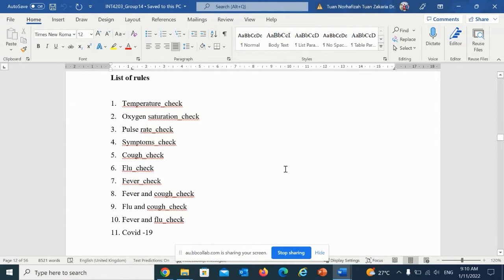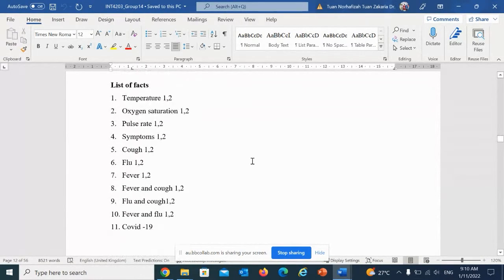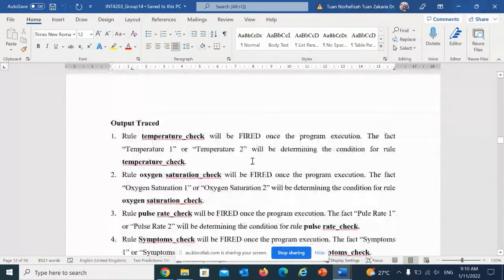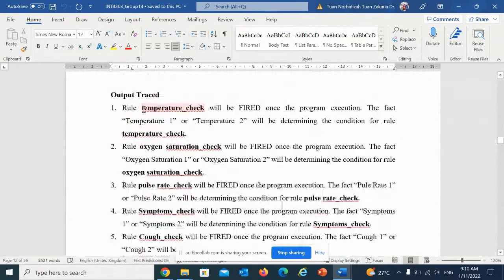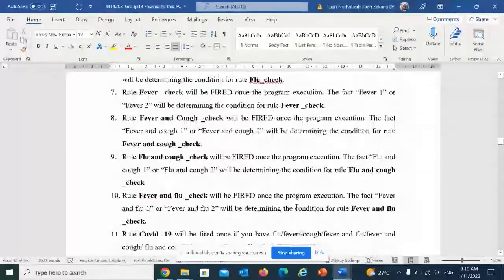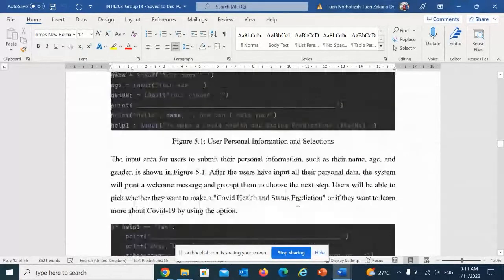Maybe for a recommendation system, happy song, sad song, that is your rules. And then you can list your facts. And then this is the reasoning, showing when you should fire the rules and so on. So you can put some of your rules.